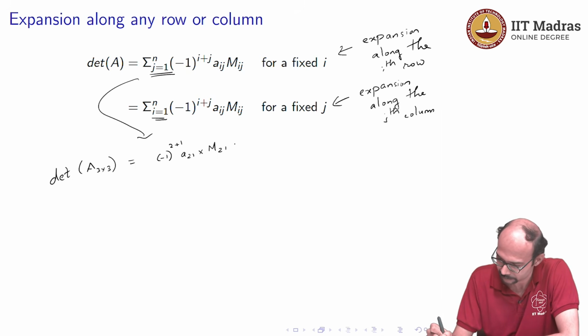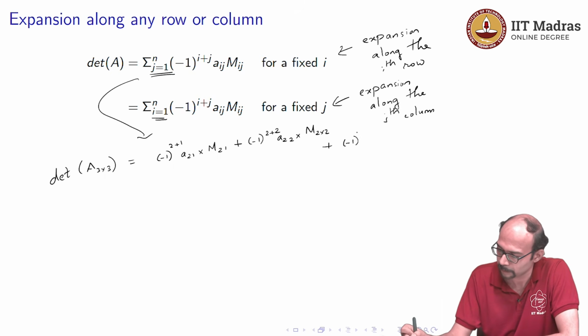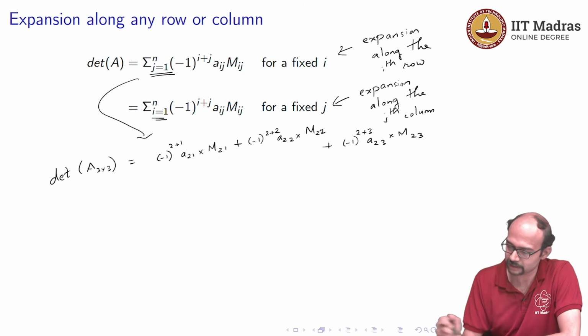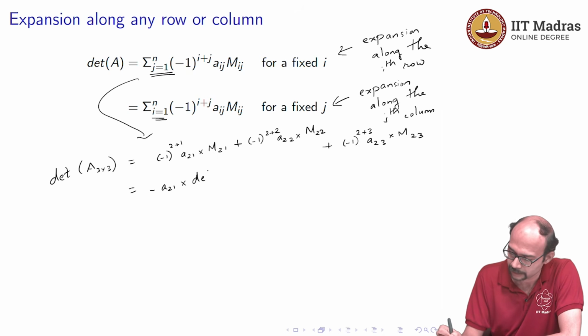minor, plus minus 1 to the power 2 plus 2 a22 times the 2 2th minor, plus minus 1 to the power 2 plus 3 a23 times the 2 3th minor. My bad, this should be 2 2. Okay, so that's the expression. So if you write it out concretely, this is minus a21 times determinant of